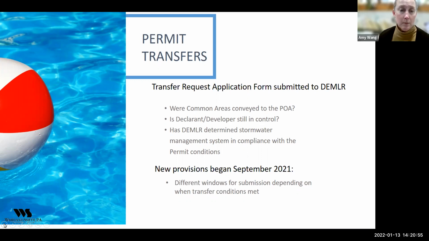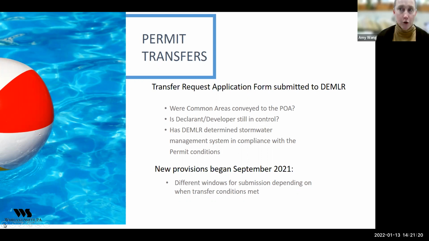some of these issues. The ones that affect community associations the most are, there are probably two or three big ones. The first one is that annual certifications are now going to be required to show that the permit is in compliance, or that the stormwater control measures are in compliance with the permit.